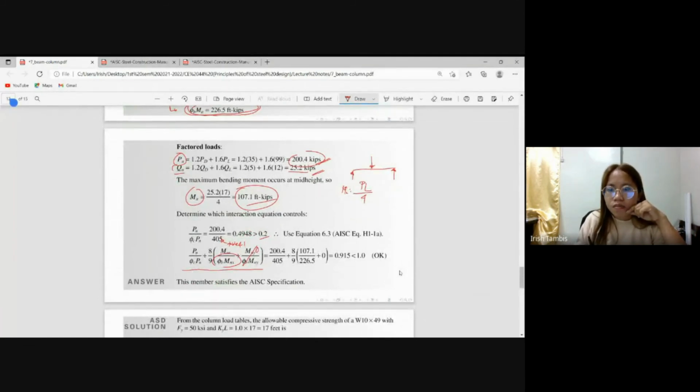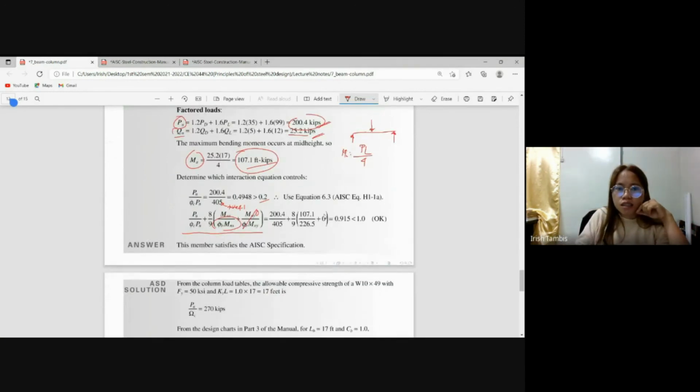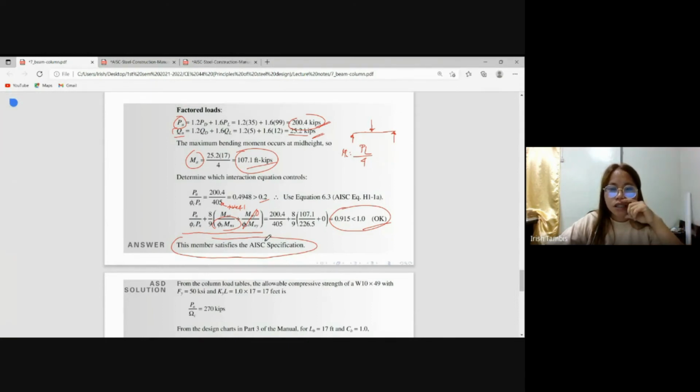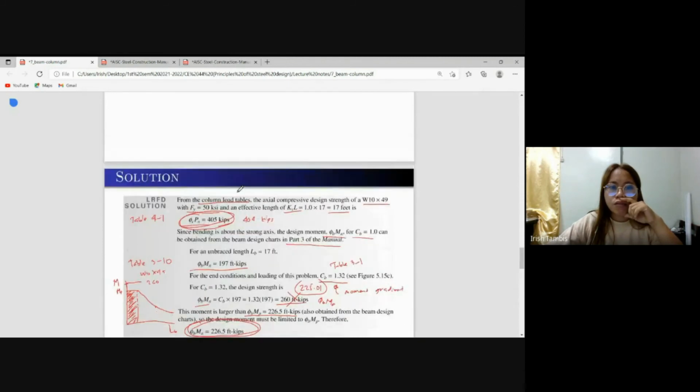And since the answer is 0.915, which is less than 1.0, meaning this member satisfies the AISC specification for LRFD solution. This one is okay. The answer for this one is 0.91, less than 1.0. Because it is less than 1.0, meaning the member satisfies the interaction formula, the AISC specification. This is for LRFD. For ASD solution, actually, it is the same